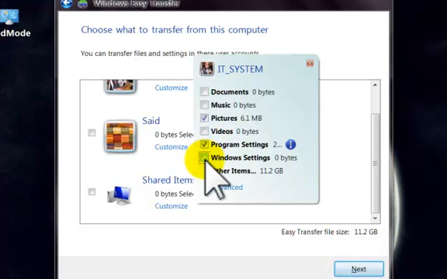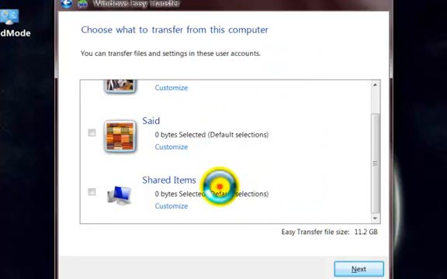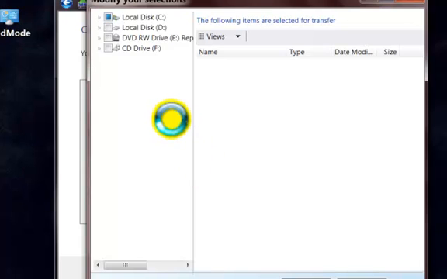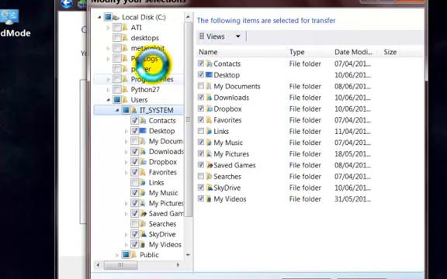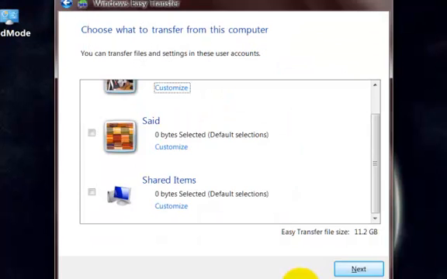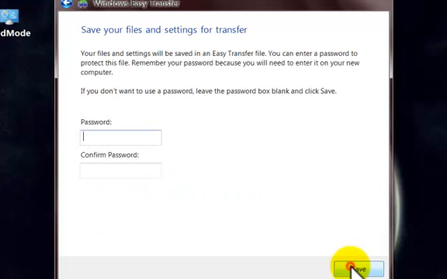Windows settings, I don't need it. I will go to other items. I go there, I click. As you can see here, we have this side and this side. Just keep going, looking, and check anything you don't need, and when you finish, click save. Okay, and click next. For me, I already did this operation, so I will not transfer the data for real,